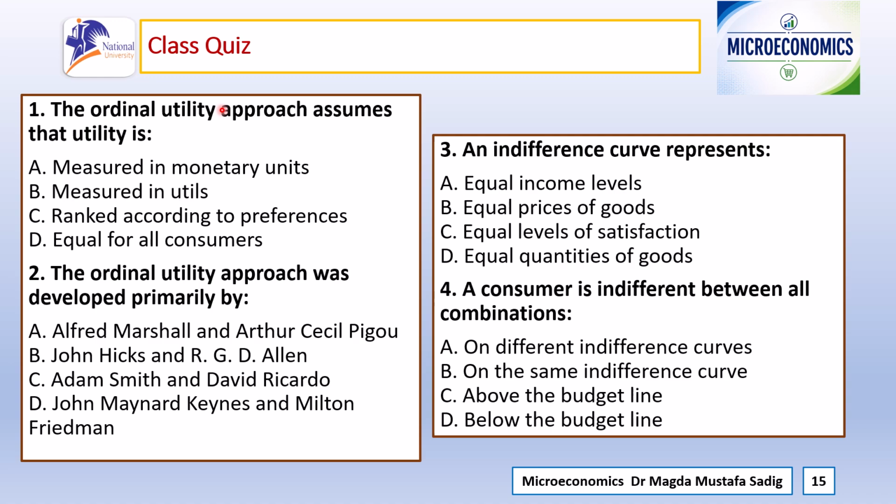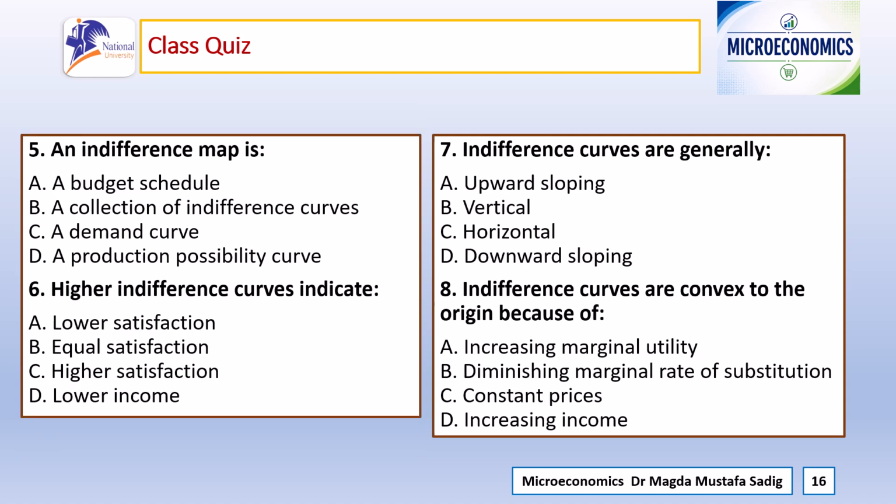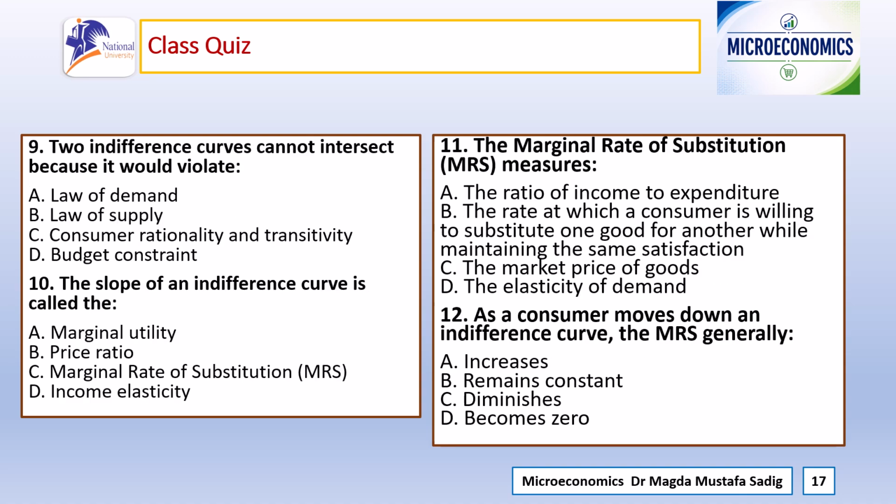Today we introduced the ordinal utility approach, which does not require measuring utility. We learned that consumers rank alternatives according to their preferences, and these preferences can be represented graphically using indifference curves and indifference maps. We also discussed the assumptions and properties of indifference curves and introduced the concept of the marginal rate of substitution, and explained why the law of diminishing marginal rate of substitution gives indifference curves